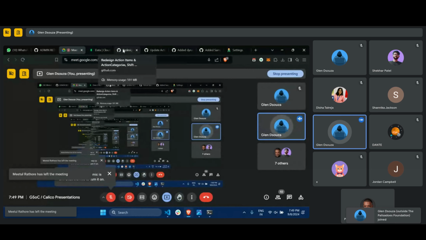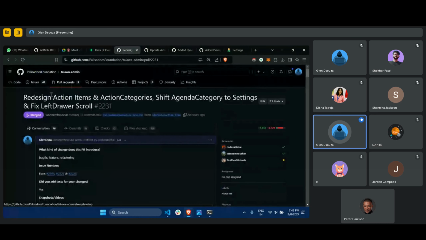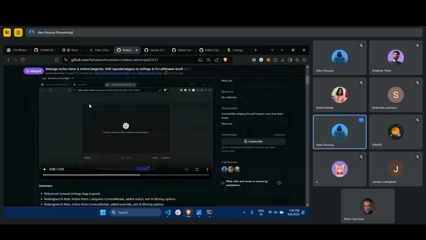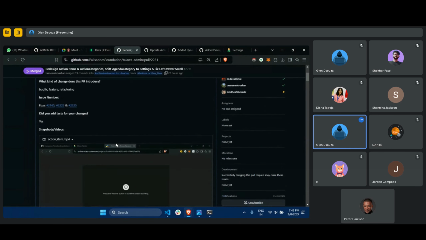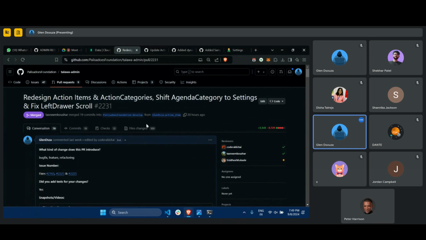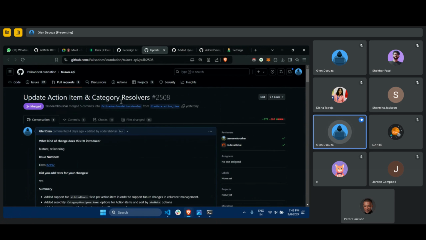So in the past 2 weeks, I was writing the test cases for these two PRs. The PRs were regarding action items and their categories. I had shown the UI prototype in the last presentation, so I wrote the test cases for this. It was a sizable PR, with changes in 109 files, and similarly I wrote test cases for the API part